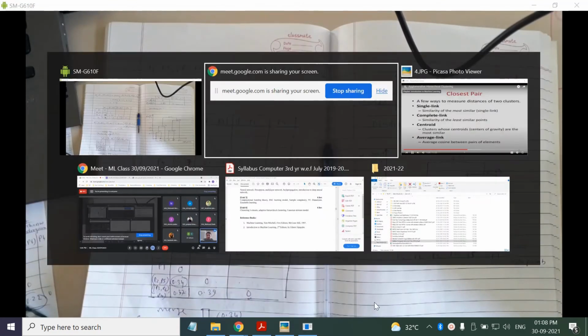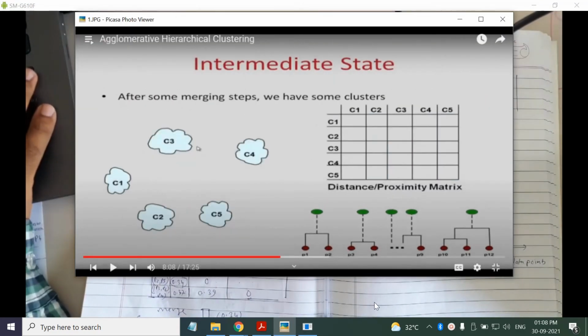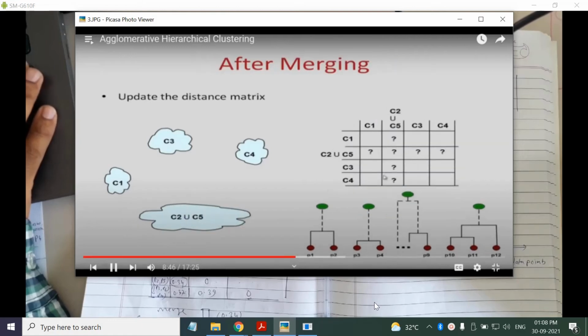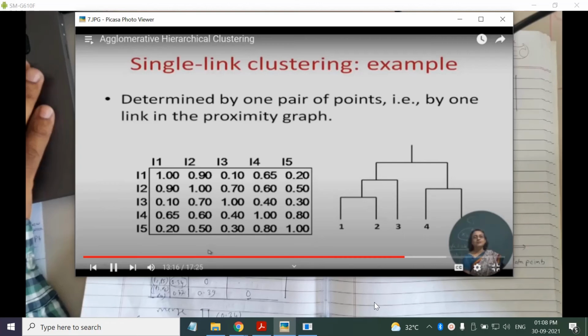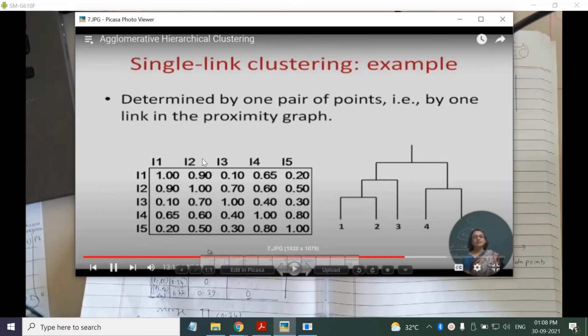I can show you one example. So in that lecture they have shown one problem, okay, same problem using single linkage and complete linkage. See here, now can you tell me the meaning of this matrix? Okay, one hint I will give you, this is the similarity matrix, it is not the distance matrix, okay. So you try to understand this matrix.